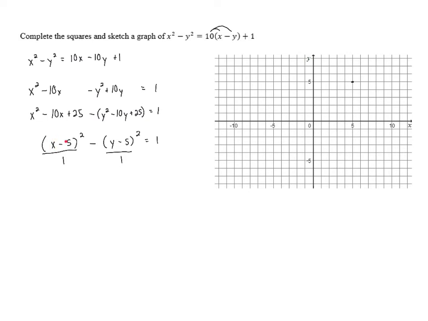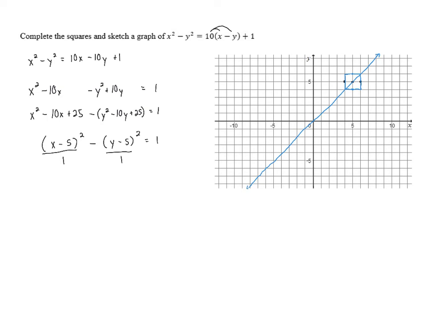Now because the x squared is the one that's positive, we know it's going to be opening up horizontally. And because a squared is 1, that means that a is 1. And so the vertices are going to be to the right and the left 1 unit. And then because b squared is 1, that tells us that b is 1. And so when we draw the guidelines for the central box, we're going to be going up and down 1 unit. So it's going to be a rather small central box. But then we can draw in the asymptotes,